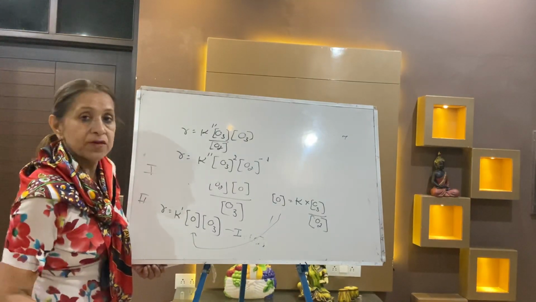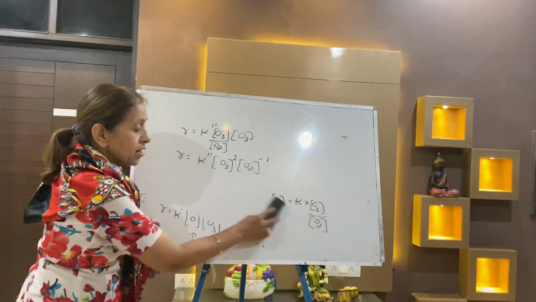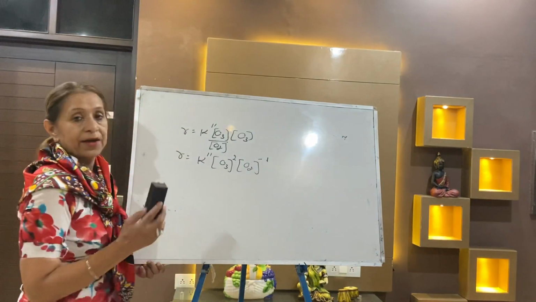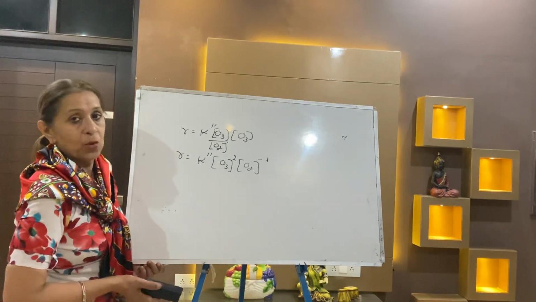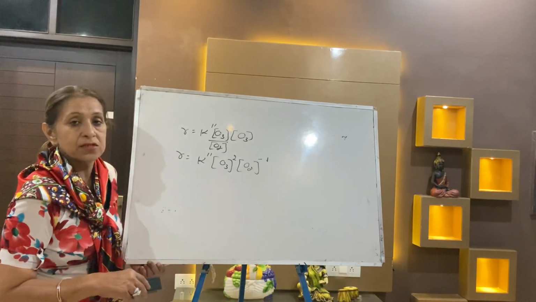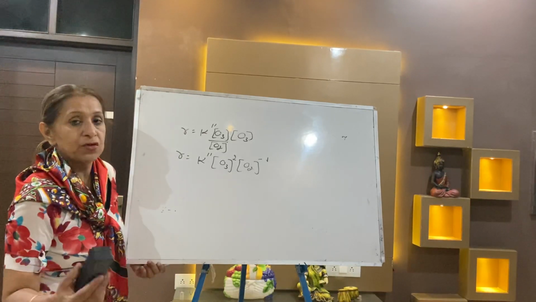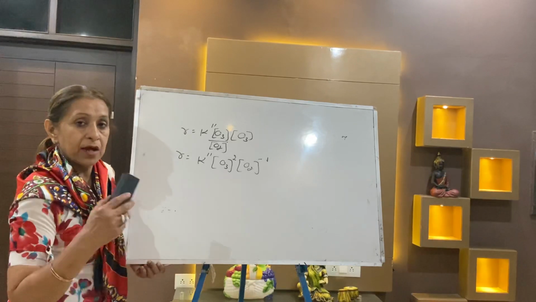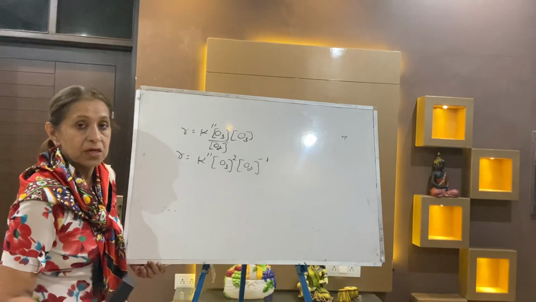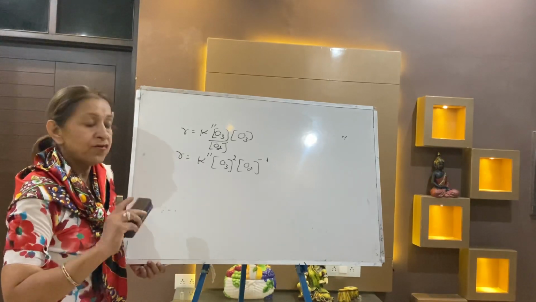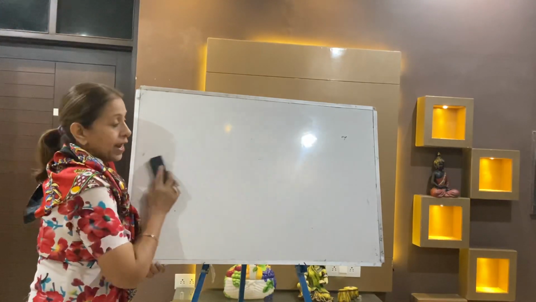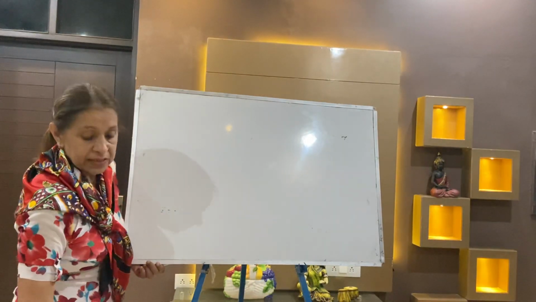Always remember, when the first step is slow and the second is fast, then it is very easy to find the rate equation directly from the slowest step. But when the first step is fast and the second is slow, then the question is related with 2-3 steps. If the mechanism is of 3 steps and the first 2 steps are fast and the third is slow, add the first 2 fast steps, make it 1 fast step, and again apply law of mass action.